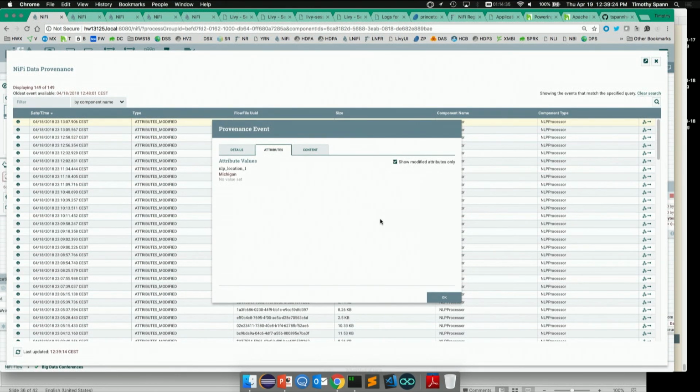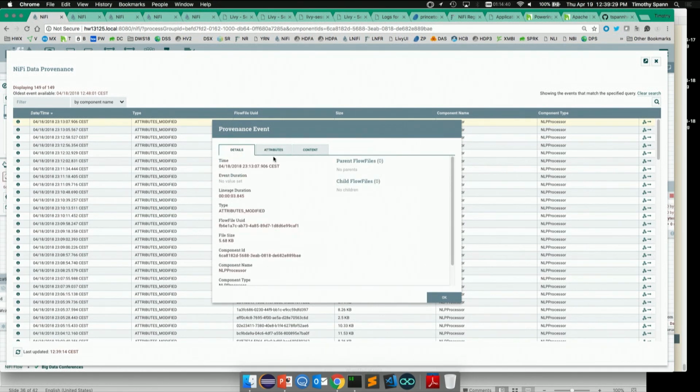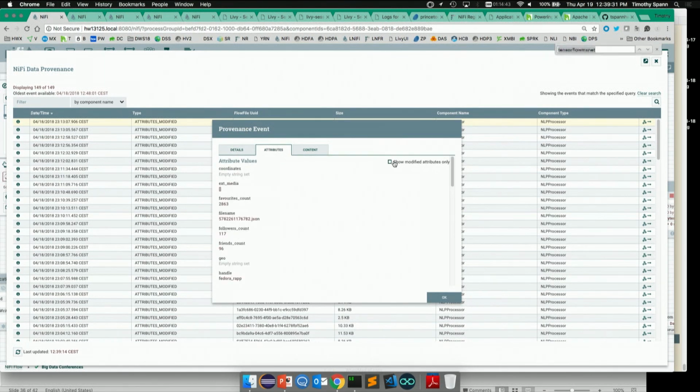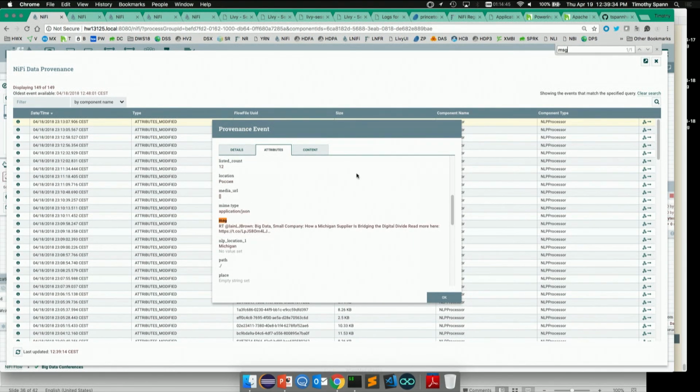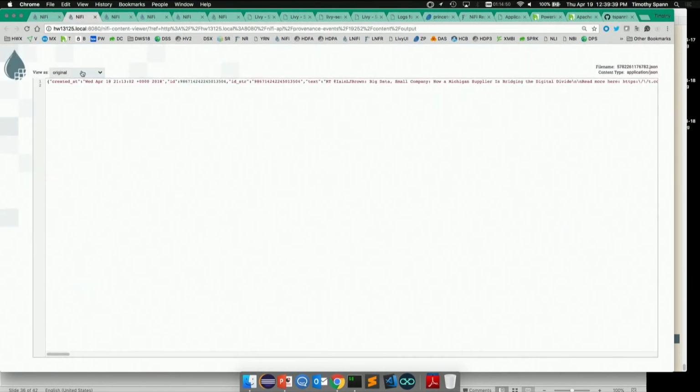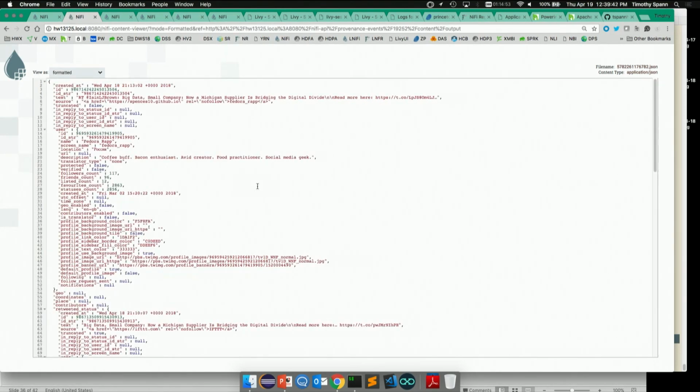So this one, it pulled out NLP information that said this was Michigan. So let's see if this is as good as the other one was. So this says NLP location. How did it get that from the tweet? Why would you pick Michigan? I don't know. Oh, there you go. "A Michigan supplier." So it looked at that text, and NLP is trained on locations, names, currency, different ways, and it's also trained for different languages besides English.